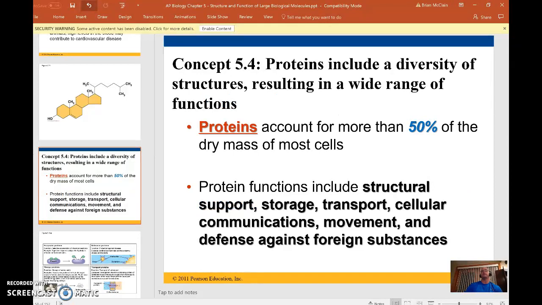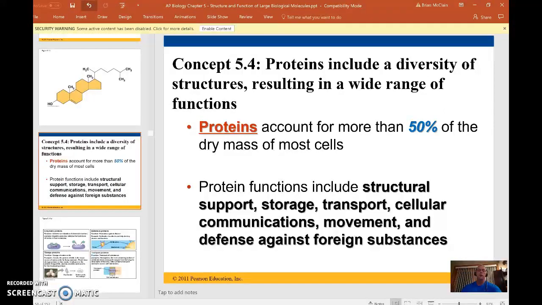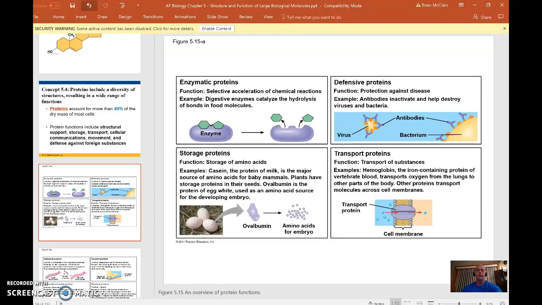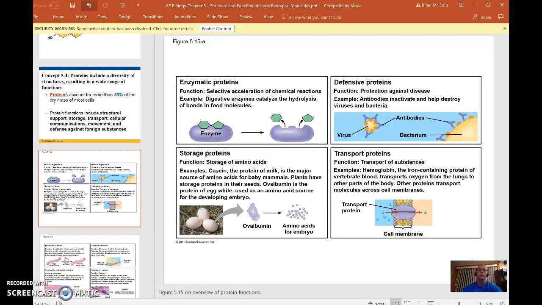When we jump into Section 4 of Chapter 5, we're going to find out that proteins are really a critical concept all year long. And in class, we talked about some of the different functionality that proteins serve. If you review these few slides here, you're going to see that most of our enzymes are protein based. When we look at our immune system, whether we look at storage molecules, transport proteins,